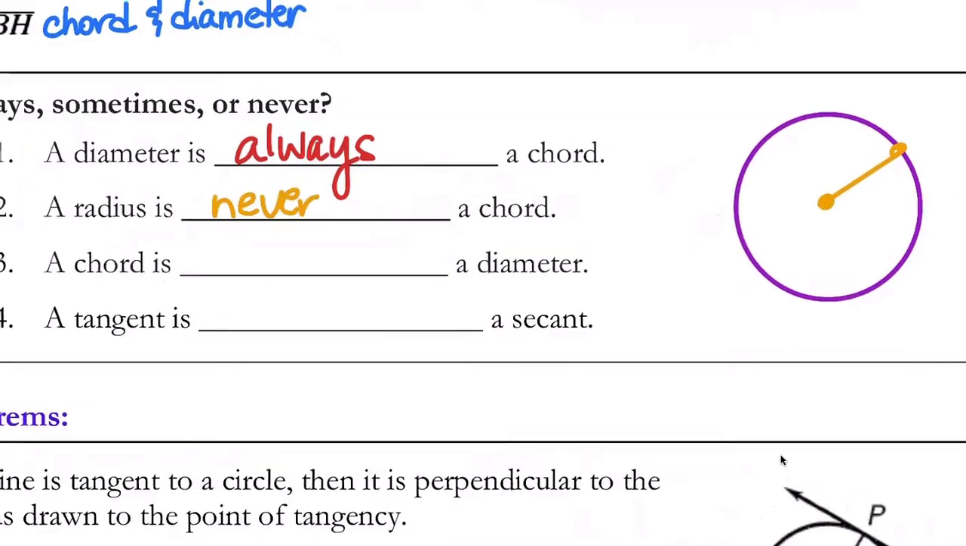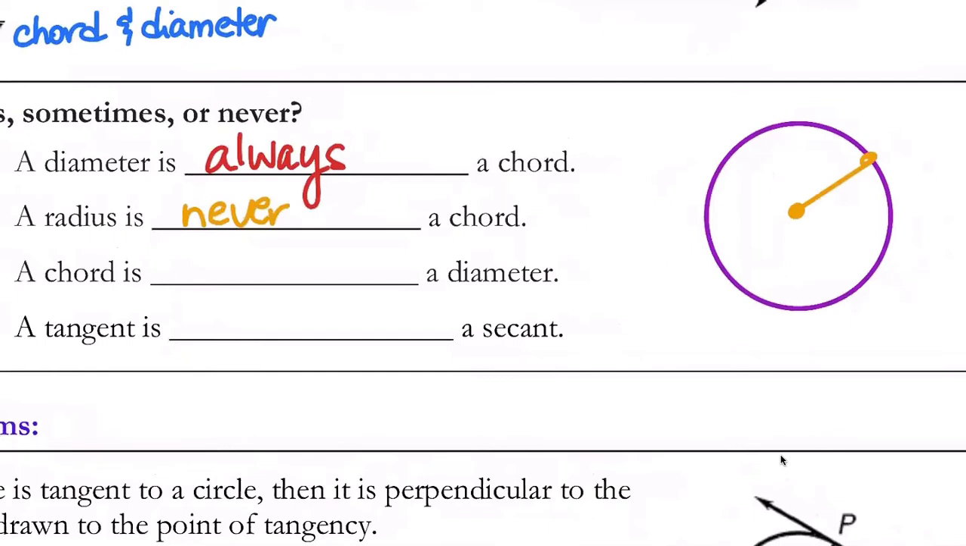Okay, a chord is always, sometimes, or never a diameter. Well, a chord has to connect 2 points that are on the circle. So that's a chord. That's a chord that's not a diameter. Is it possible for a chord to be a diameter? Well, yeah. A chord that's going through the center of the circle would be a diameter. So that's a sometimes,